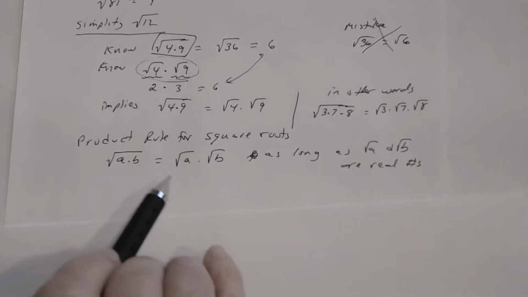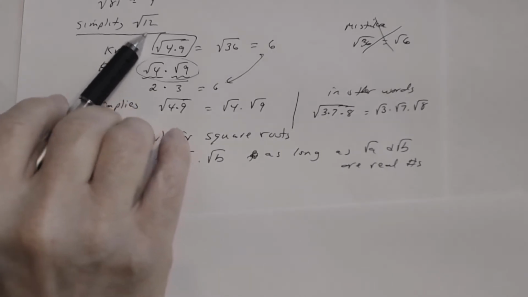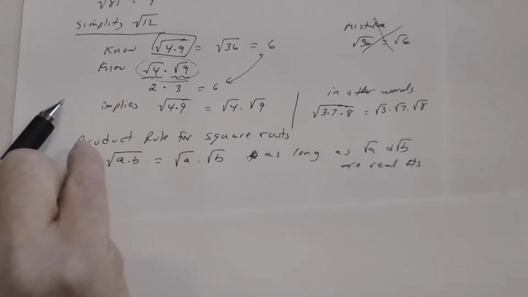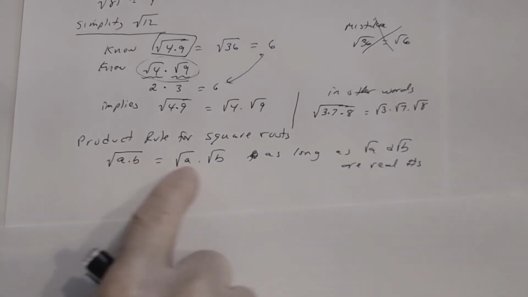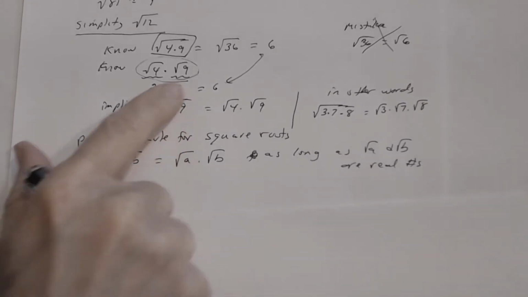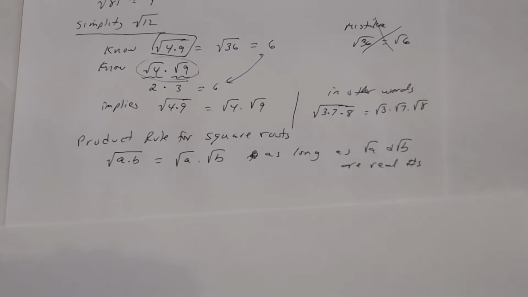All right, so as we go through these problems, you're going to notice that the radicands are all positive. So in order to use this rule, the radicands need to be positive. Okay. All right. Now